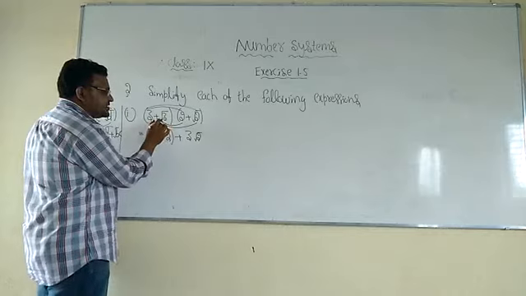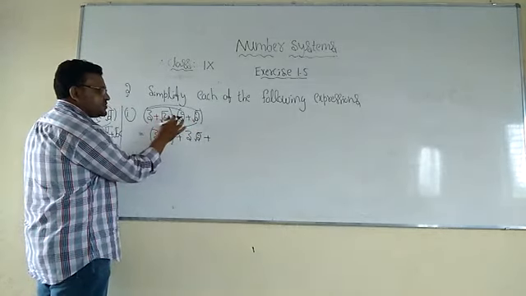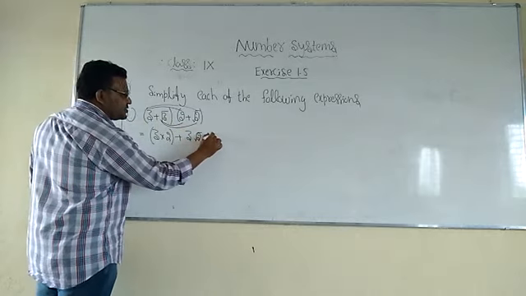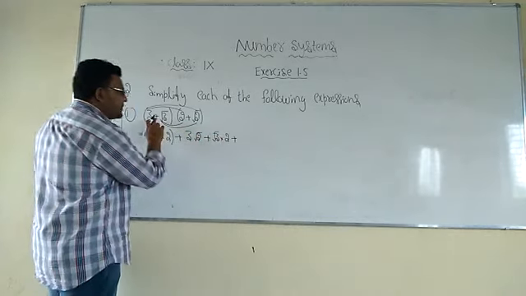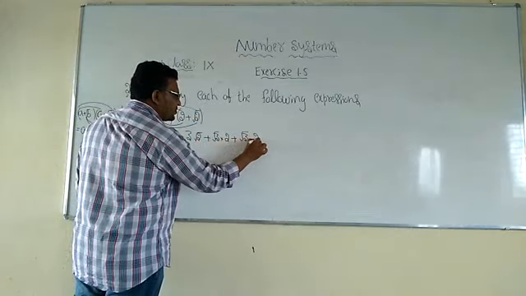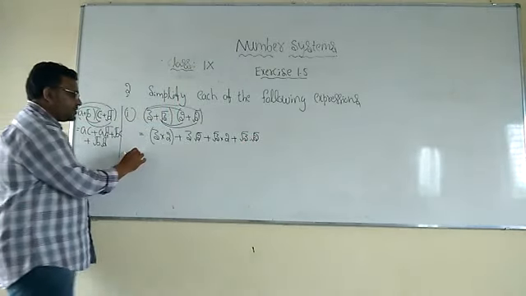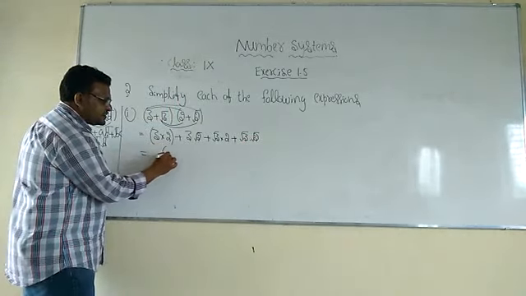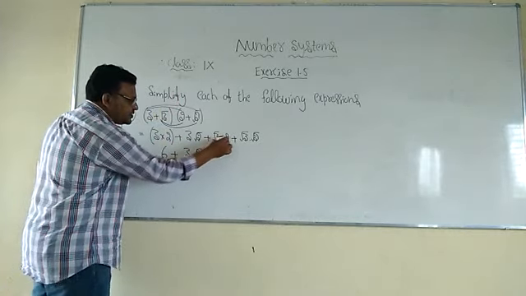Next, coming to the second term of the first binomial, plus into plus is plus, root 3 into 2. Next plus into plus is plus, root 3 into root 2. That equals 3 twos are 6 plus 3 root 2 plus root 3 into 2,